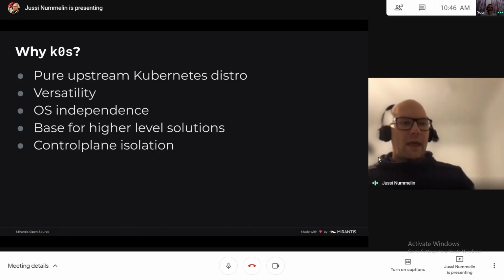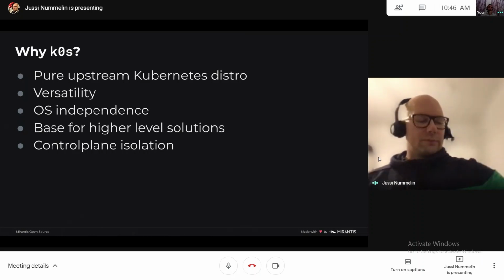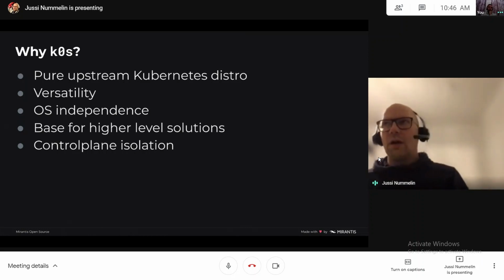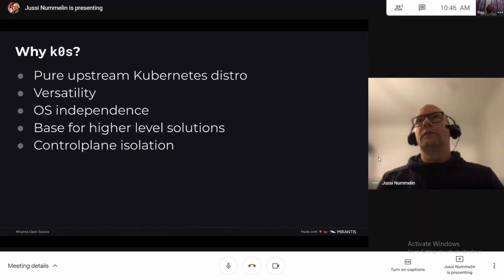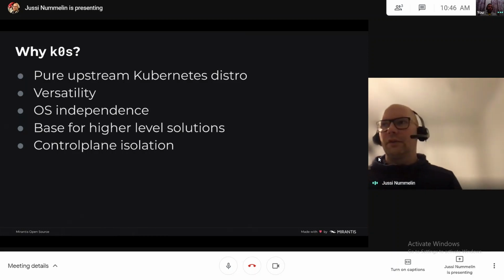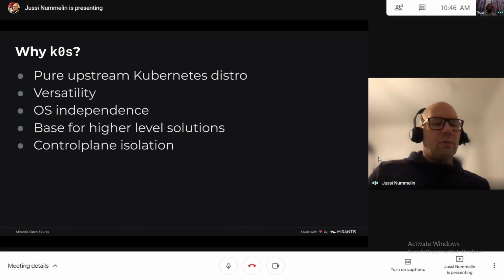So in most of the Kubernetes distros, the control plane, the Kubernetes API, scheduler, and those components, they actually run on a node using containers and using kubelet on a node. So we actually wanted to have a way where there's no possibility for a user to schedule any workloads on a control node.